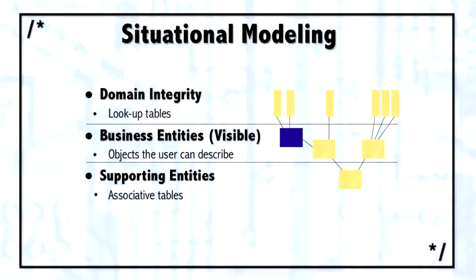Where it gets tricky is the supporting entities. A supporting entity typically will have 2 foreign keys, one to each one of the different business entities. And the question then is, do we create a primary key out of a combination of those 2 foreign keys, or create a new surrogate primary key? And I've gone both ways on this, depending upon whether or not that supporting entity will also be a primary key to another secondary table. I don't like composite primary keys. So if there's going to be a secondary table that references this supporting entity, I tend to add a surrogate primary key. So primary keys, foreign keys, the way that you create them physically